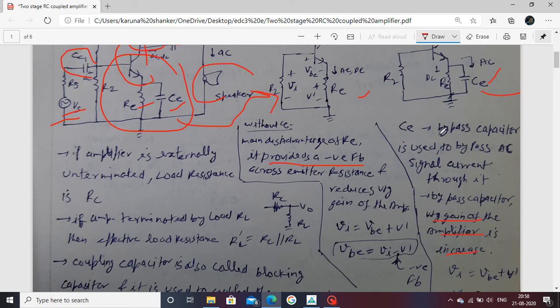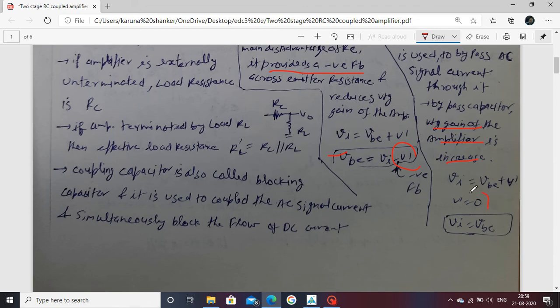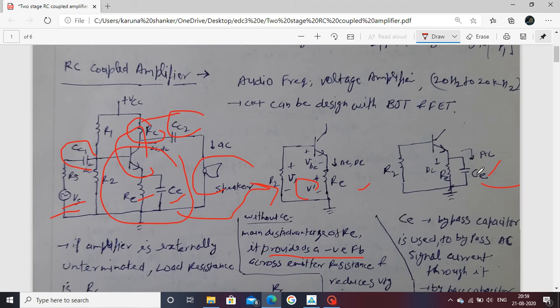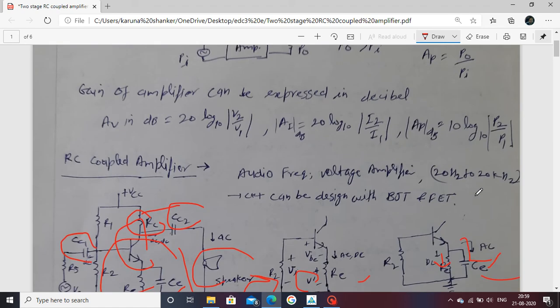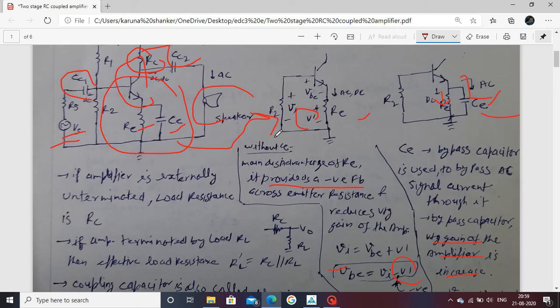This is shown by the circuit. Also, if you use KVL, then one of the relations comes here. This shows the negative feedback, Vi minus Vi dash. Here the drop comes, Vi dash. This shows that Vi dash is equal to 0, no drop across the RE. It means the DC signal passes through the emitter resistance and the AC signal passes through the emitter bypass capacitor. Okay, this is a single-stage RC coupled amplifier.